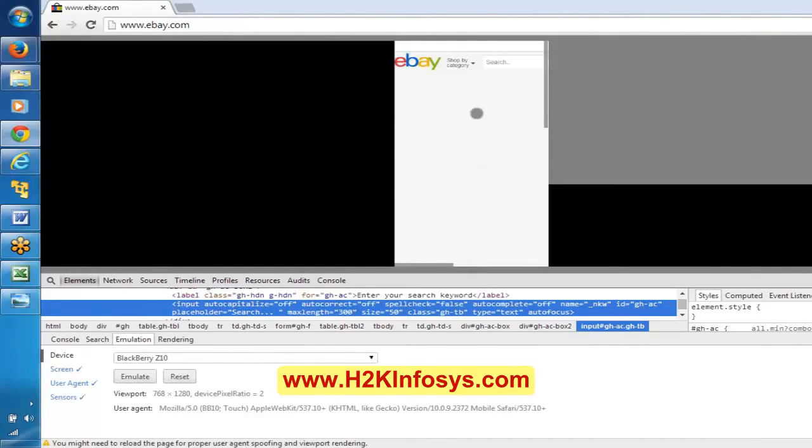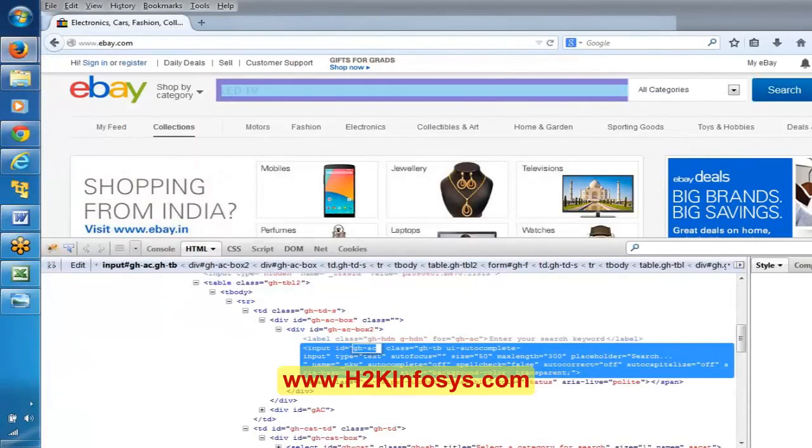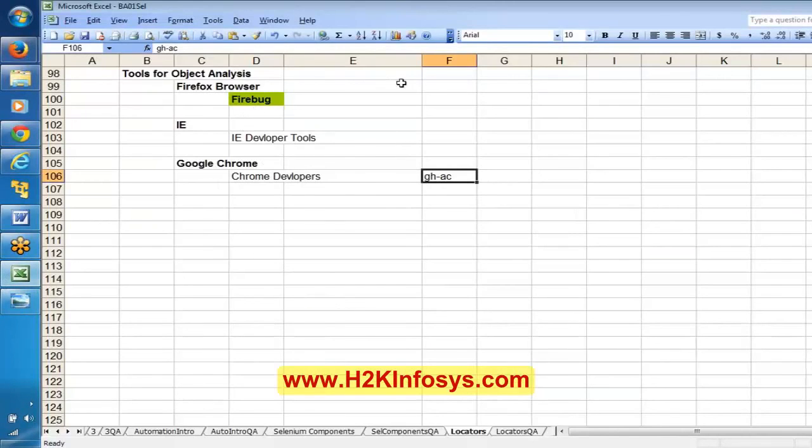Actually this is loading like this because I have configured something here. There is something called emulators here in Google Chrome, and for that reason it is getting into this mode. However, you can see ID is JH-AC here in Google Chrome. Even in Firefox, you can observe ID is JH-AC for this particular object.